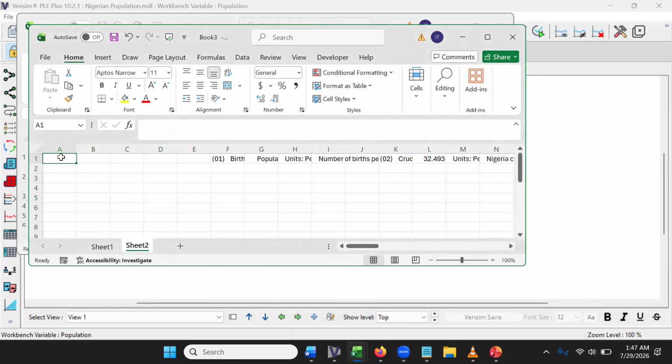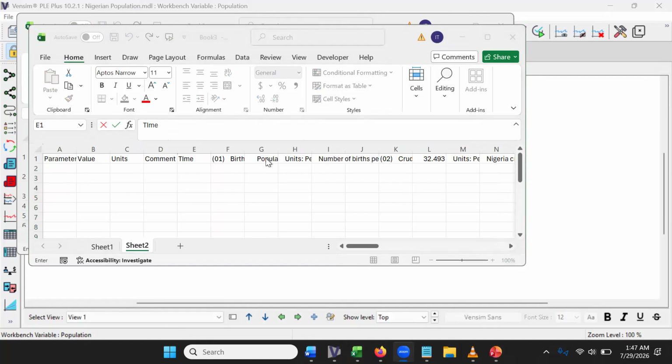So I'm going to say this is the parameter, this is the value, this is the units, and this is a comment, and this is time. And then I start building the model from the equations. So I have bursts in this column. So let's